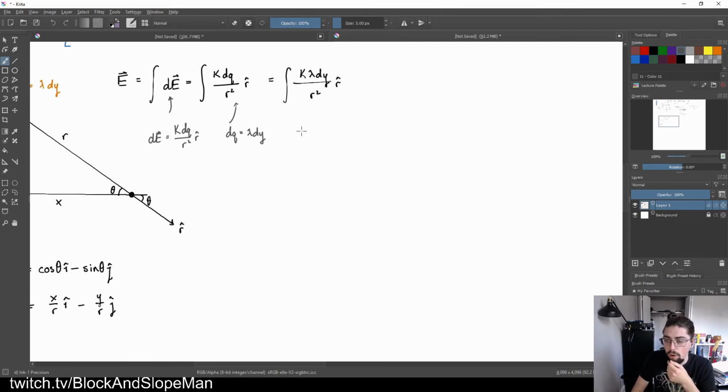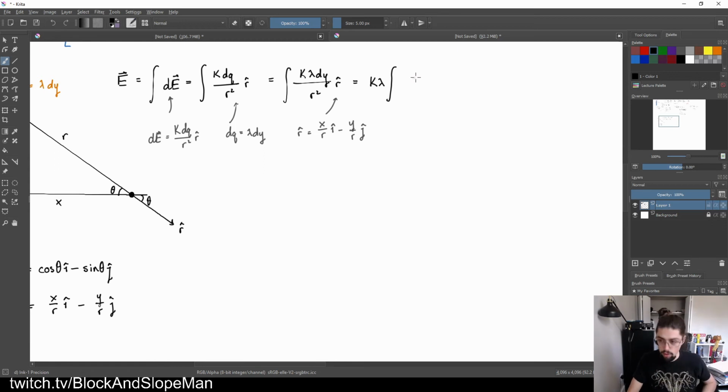So let's do this in gray, r hat. And I love to do this one because now what I get when I plug that in, and I might as well pull out the constants, is